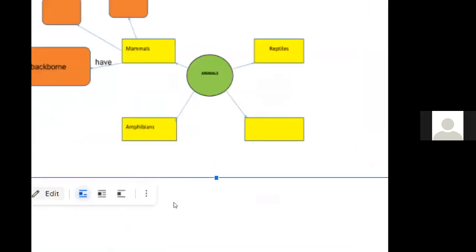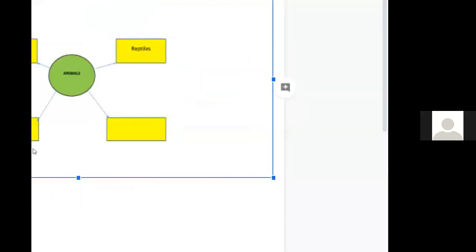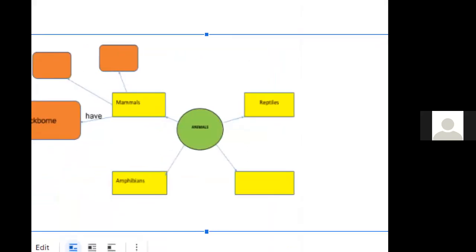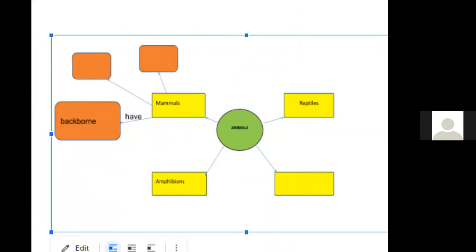So if you look at this diagram, for example, a teacher teaching science at grade 5 or grade 4, classification of animals into mammals, reptiles, and amphibians, you can use a concept map to communicate to students how you classify animals, starting with the key idea at the center, animals, types of animals, the ones in yellow, mammals, reptiles, amphibians.